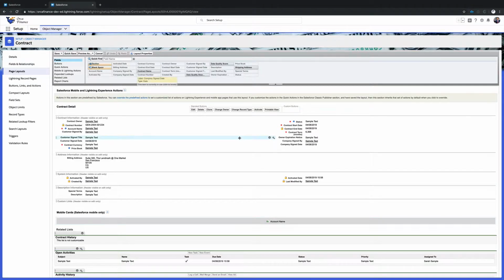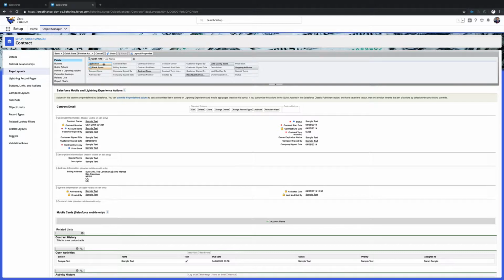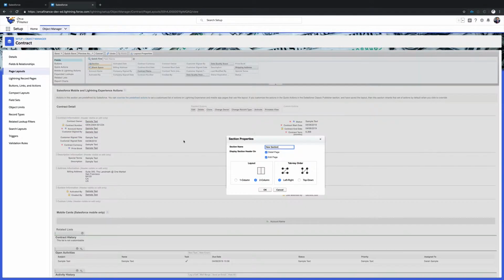So navigating back to here, what I'm going to do now is clean this page layout up to show you something that's similar to what we had in the account before. All I'm going to do here is, I want to have a mixture of 2 columns and then I want to have a mixture of 1 column here. So I'm going to drag this up here and I'm going to drag a new section down here and I'm going to say